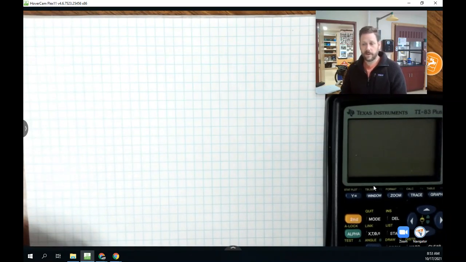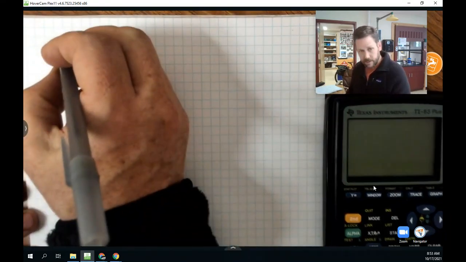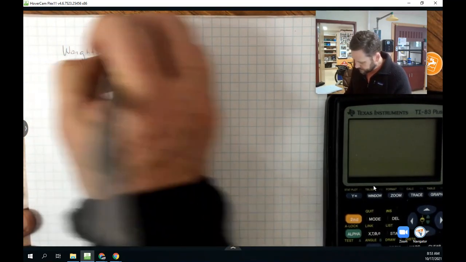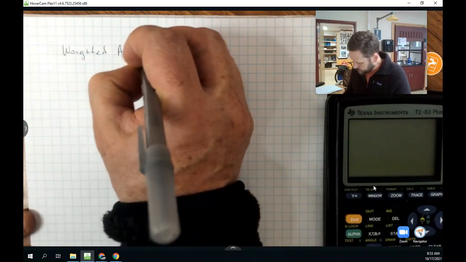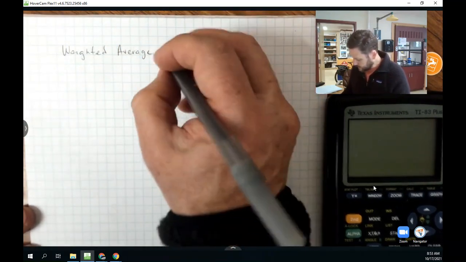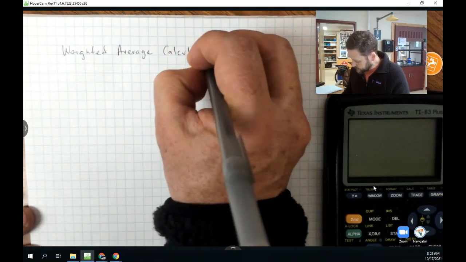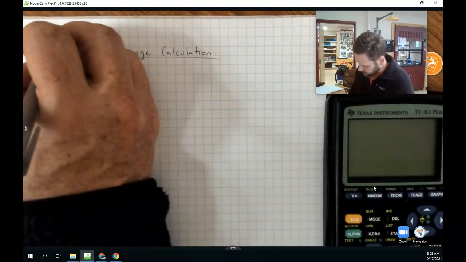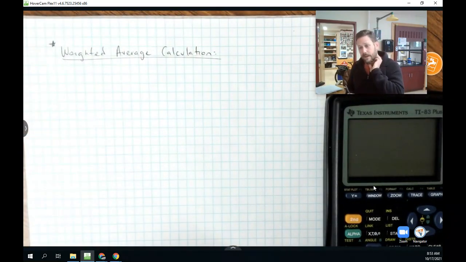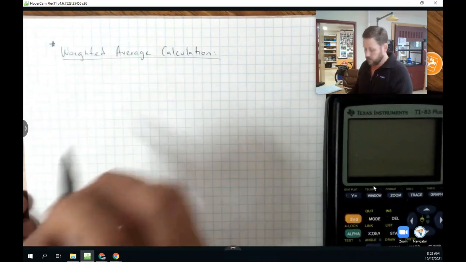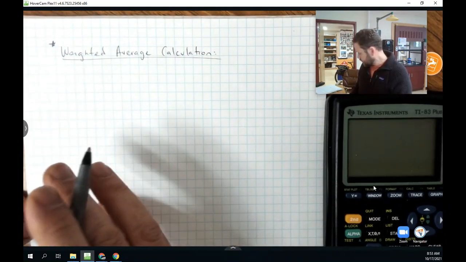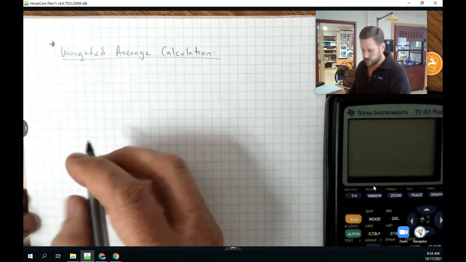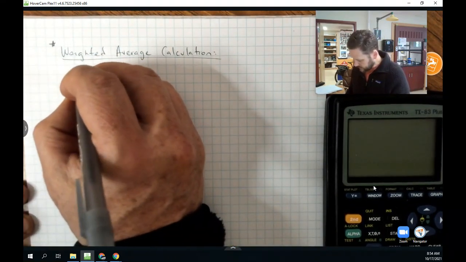Finally, let's talk about how we're going to calculate a weighted average. And when we calculate a weighted average, that calculation can be thought of this way. I'll show one practice problem here after showing the general strategy. We'll write weighted average calculation, which is what we had put an asterisk next to earlier. In order to calculate a weighted average, we need to multiply each isotope's mass by its relative abundance. So we're going to take the isotope